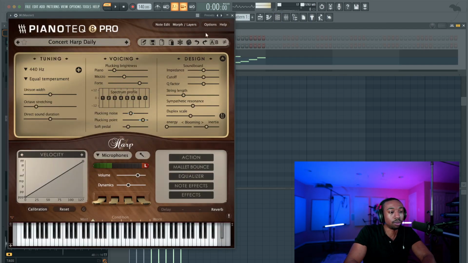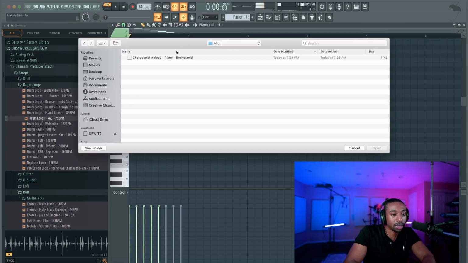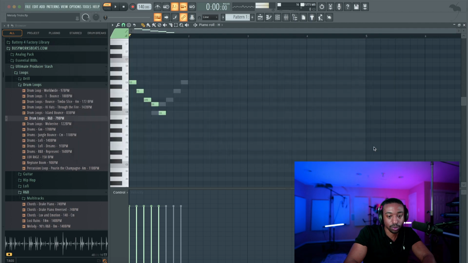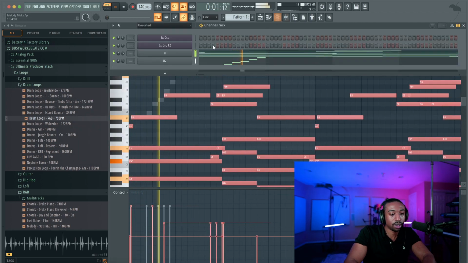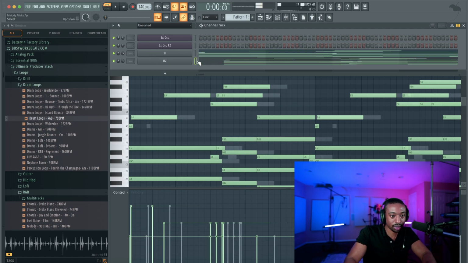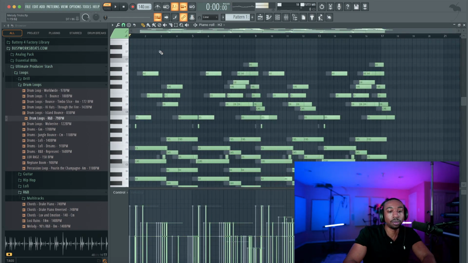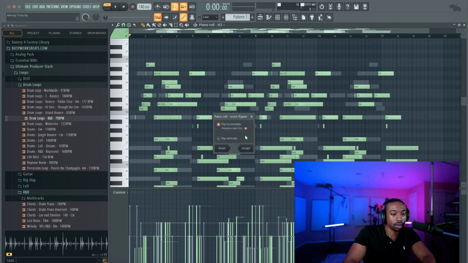Let's make this a little more complex by going into our piano roll. Let's go to File, Import MIDI, and I have a really complex one right here. So let's just open this up. And let's copy this, paste. Let's hit Control, Shift, 1, 2, 3, 4, 5, 6. Now the thing is, this is a long one. Now if I flip it horizontally, it's flipping everything. So let's flip. And yes, preserve timing.